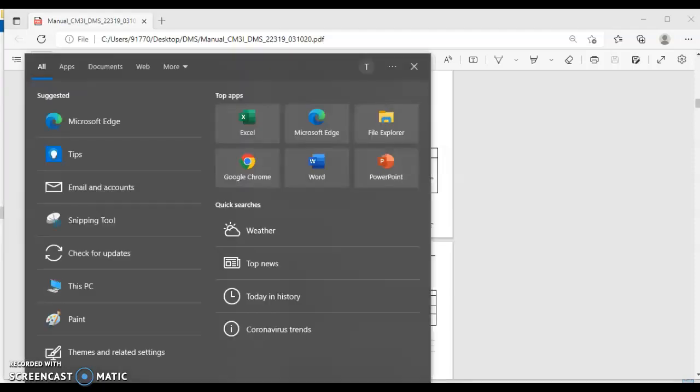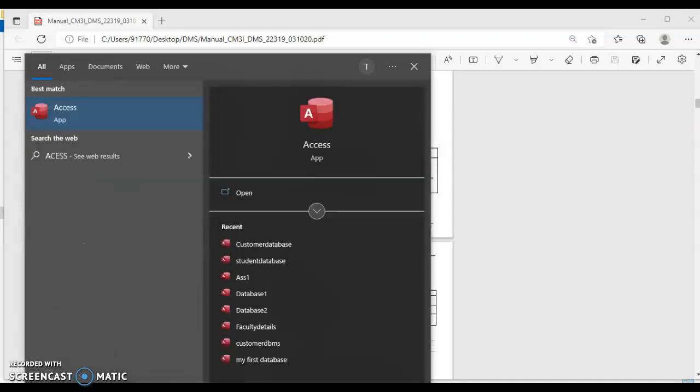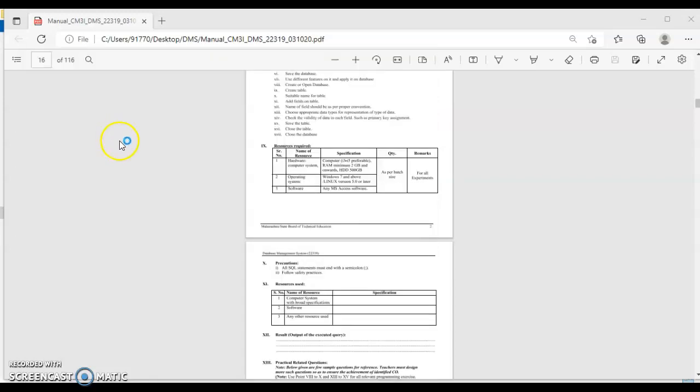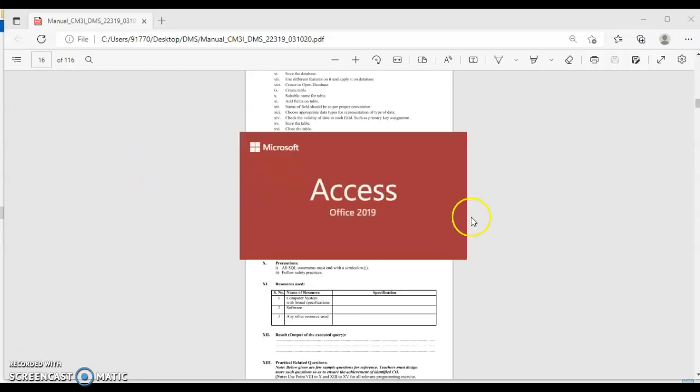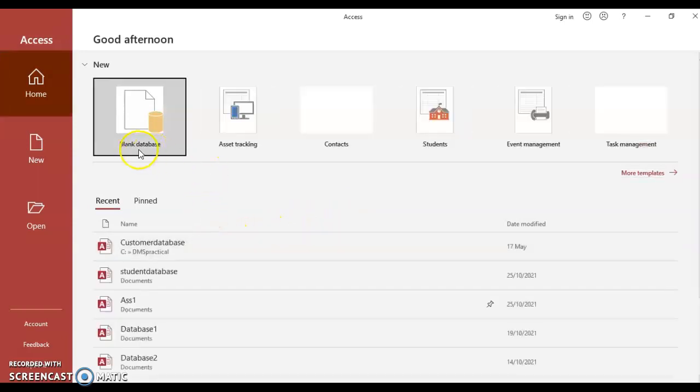First step is open the Microsoft Access here. We are going to open the Access, that is Microsoft Access here. So here blank database is there. What do we mean by database? The database means what? We stored our data in the database so that data is stored in one format like